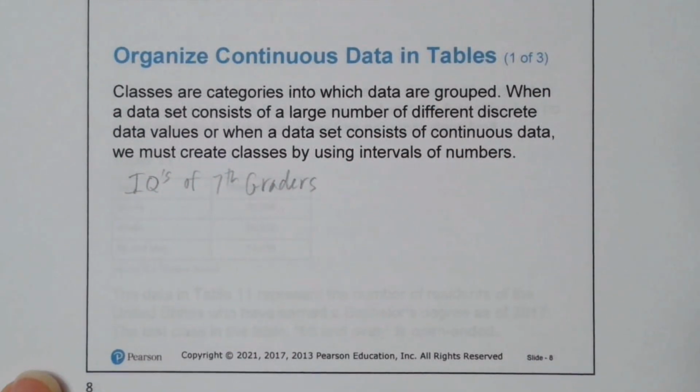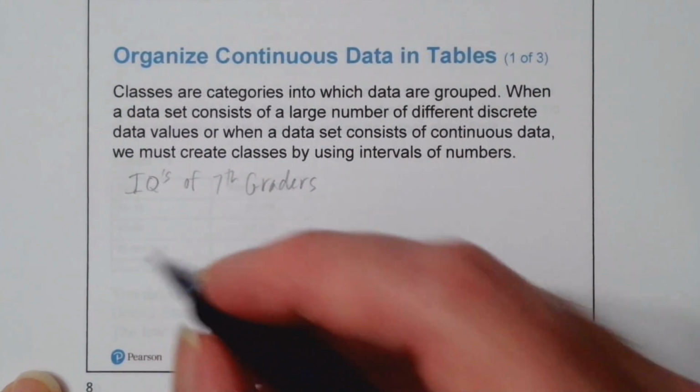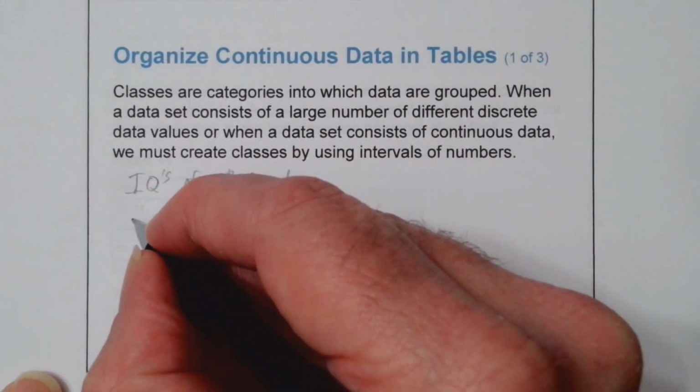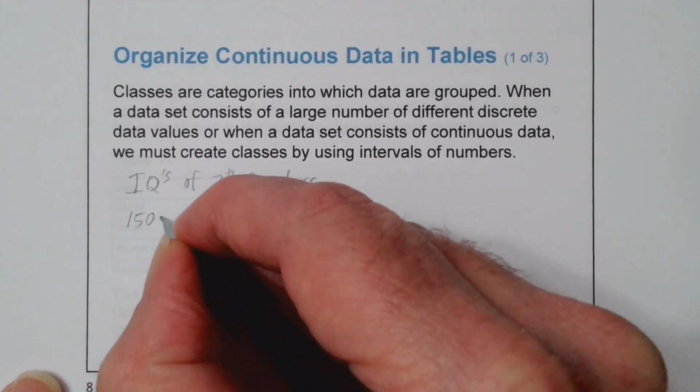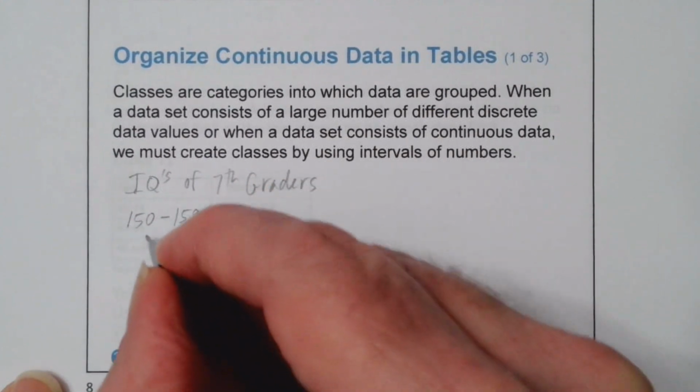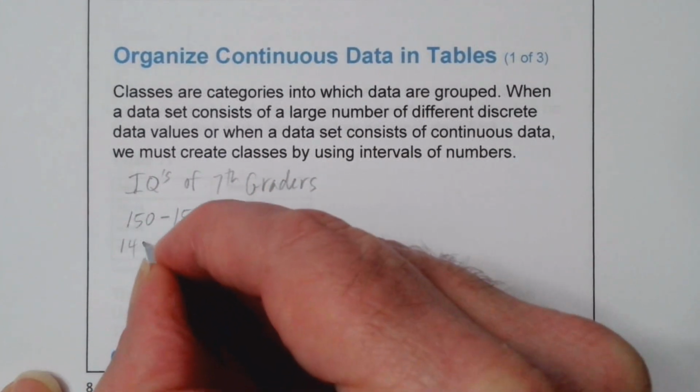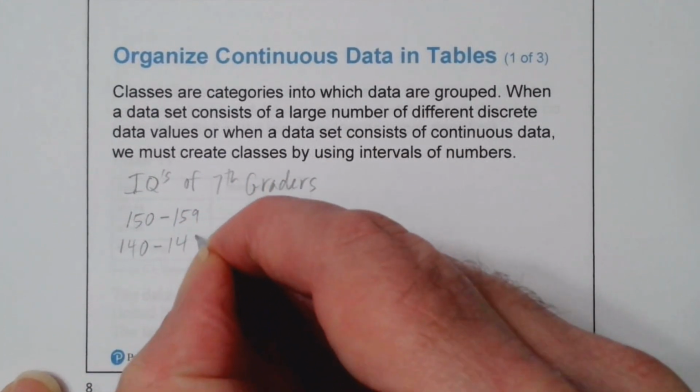And I think there were 200 people in this survey. And at the highest level, you had 150 to 159, and then right below that, 140 to 149,